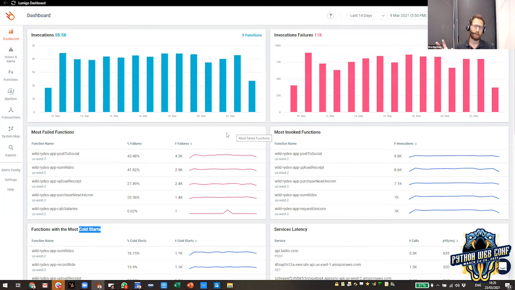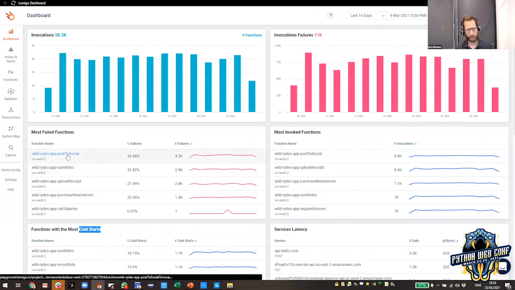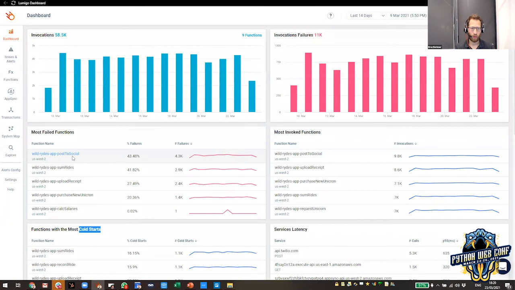So just like I mentioned in the slide a couple of minutes ago, first of all, we want to get an alert on that. So let's suppose we got an alert on this specific function that is failing 43% of the time in the last 14 days. Of course, this should probably be a 10-minute alert and not 14 days, but bear with me. So we got an alert. We know about a specific function. We want to know what is the customer-facing API. What is the priority of this?